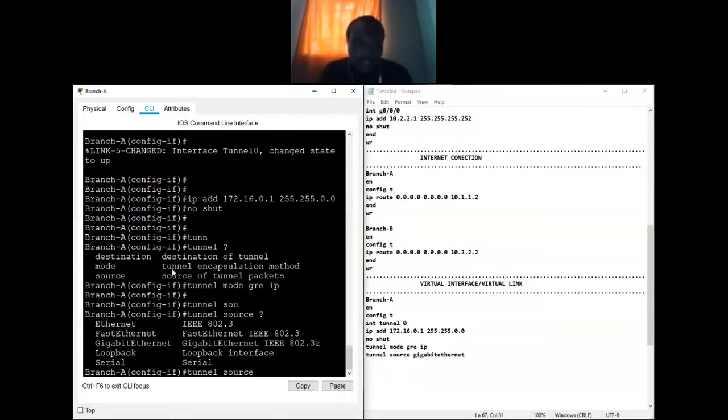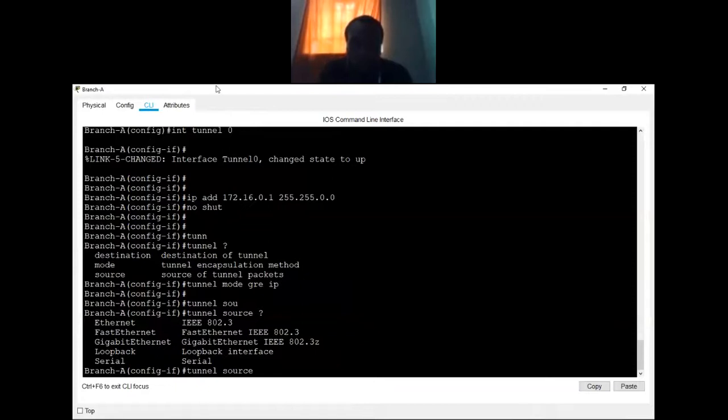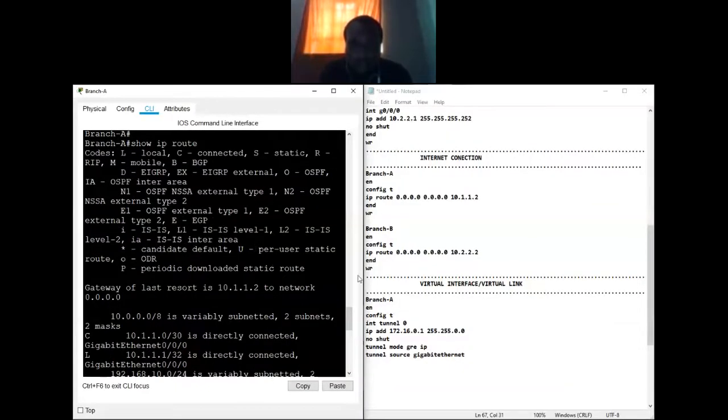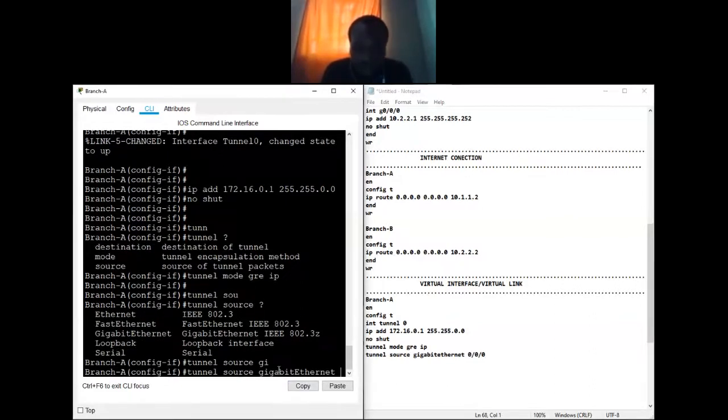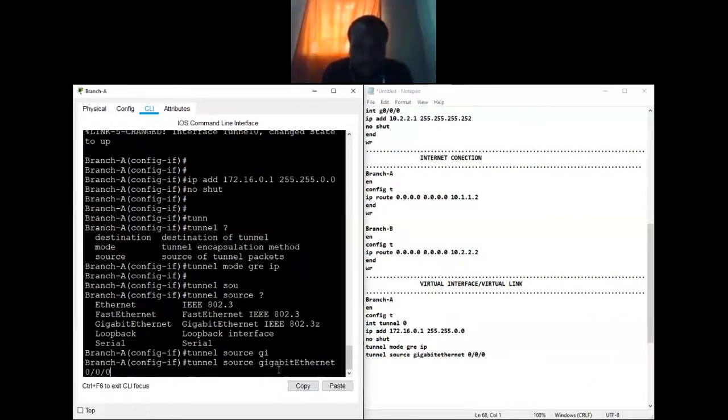The source is gig 0/0/0. So make sure you remember that. The exit interface under this router. So that's the source, so say gigabit 0/0/0. That's the one that we're going to use.